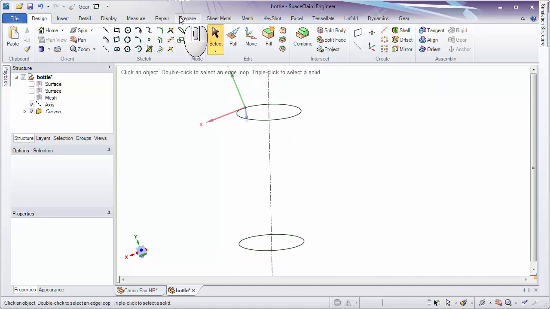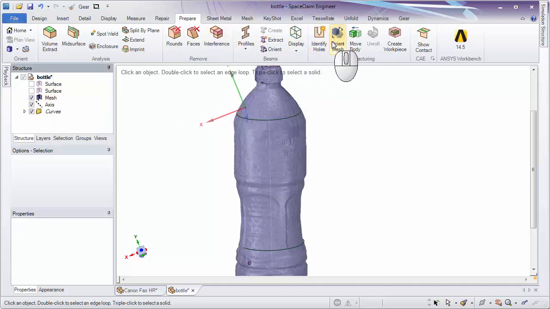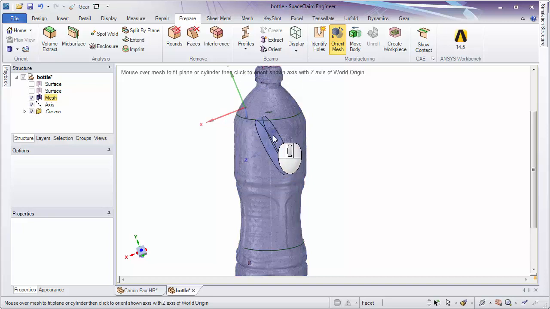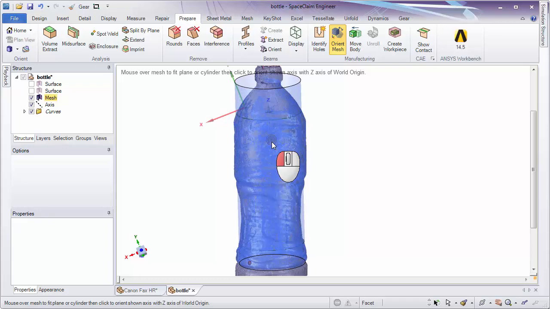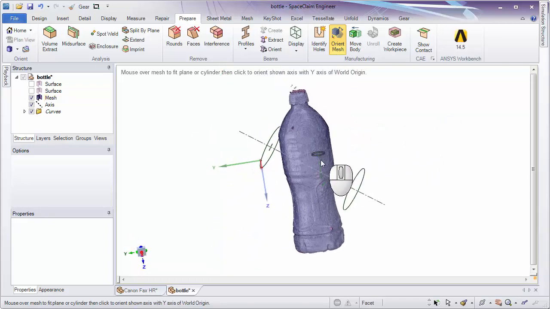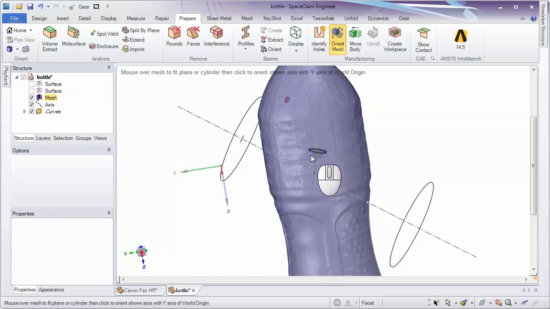Now remember, the workflow of using Orient Mesh won't work too well on this body, simply because we're not sure how good the cylinders are. Here it looks like it may have found a decent one we could use. So this one's at too much of an angle. This one here, if I go ahead and click, that'll orient to Z. So that may be good enough on the bottle like this to basically find one of these and orient it